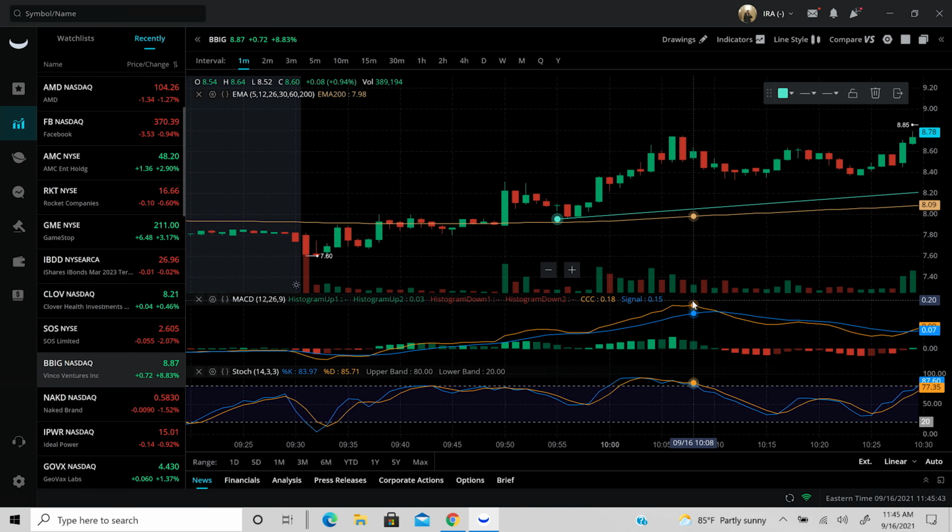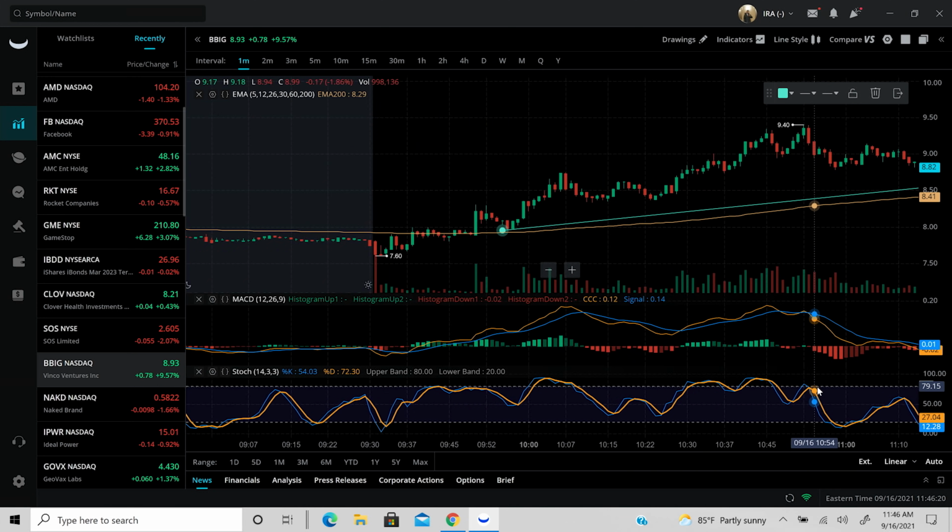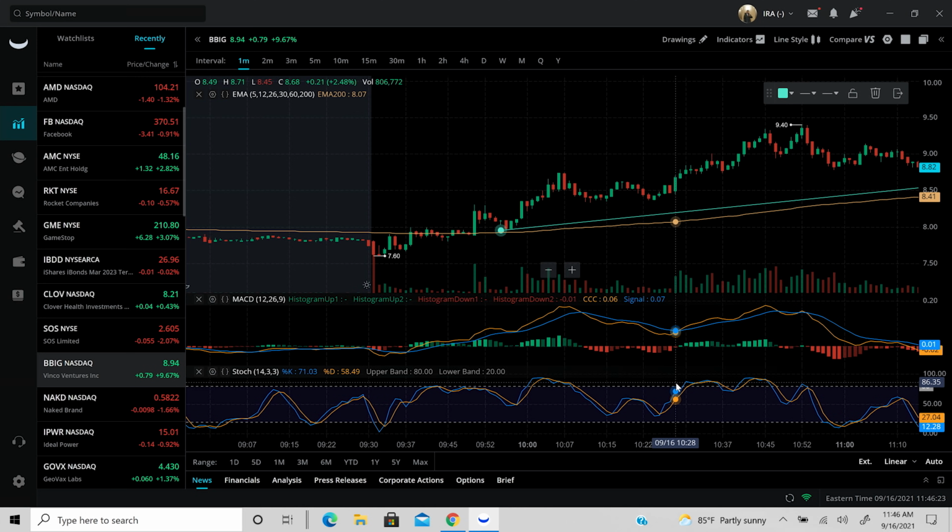But what happens here? We see that the MACD line is beginning to converge on the signal line, but the stochastic gave us the signal to watch beforehand. What happens? We could exit our trade or we can hold, and then we have confirmation here with the MACD. We can see we have a bounce, but I want you guys to pay close attention to what's happening here. As long as the